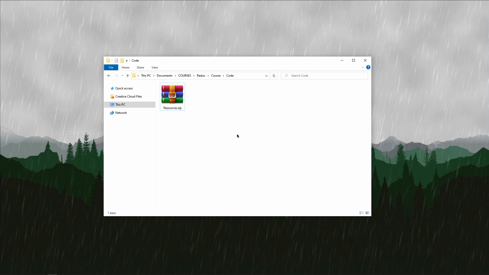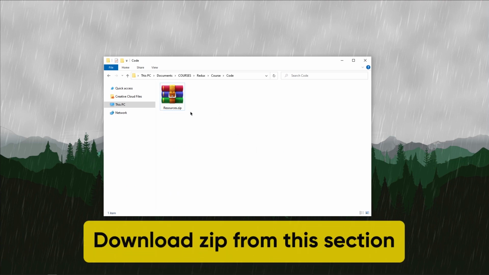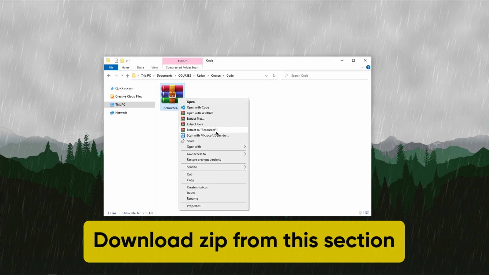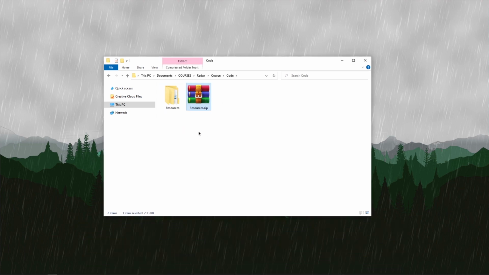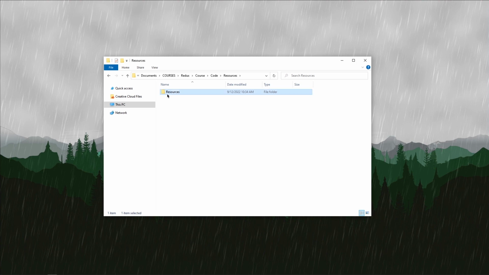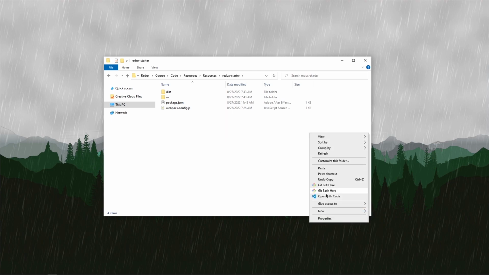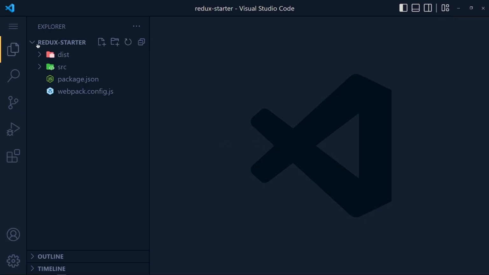First of all, let's set up our environment for this course. Download the resources zip from this section and unzip it. In the resources folder, you will get a folder called Redux Starter. Open that folder in VS Code. Here you get the basic project